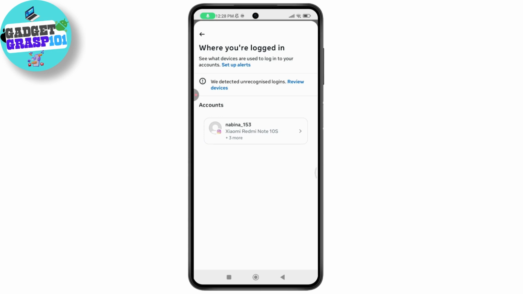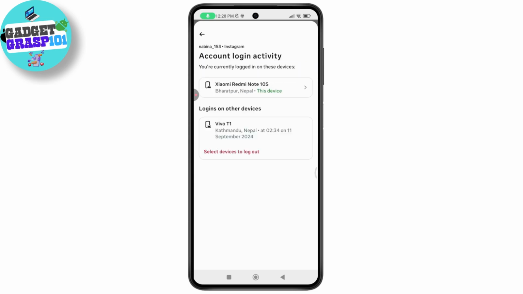But if you have any unrecognized devices that you don't use, then you just need to simply tap on that device and log out that device. And after logging out, it will automatically stop following other